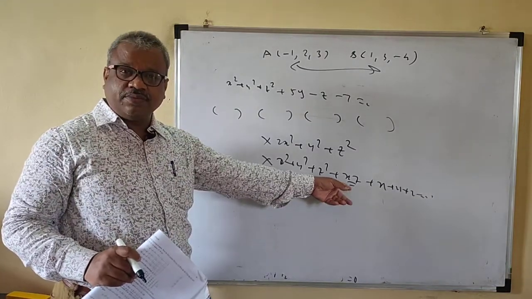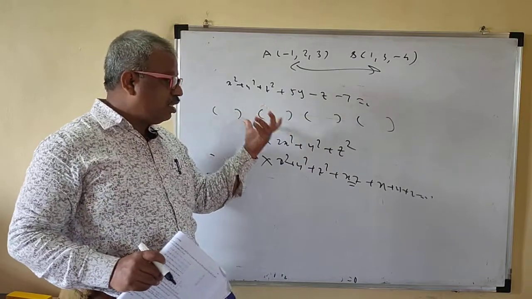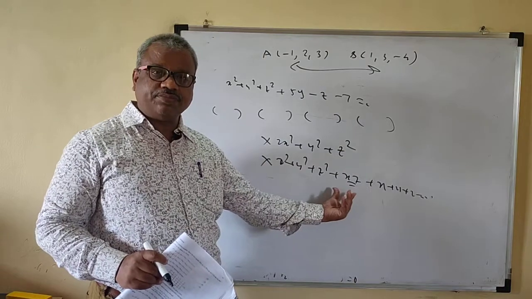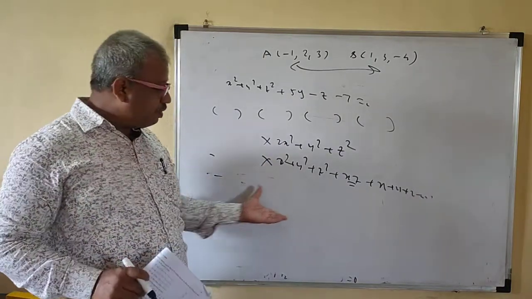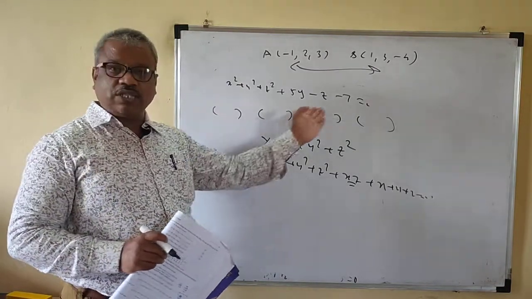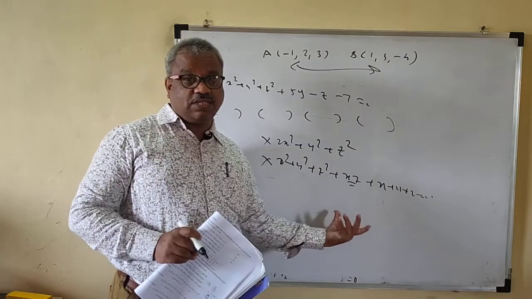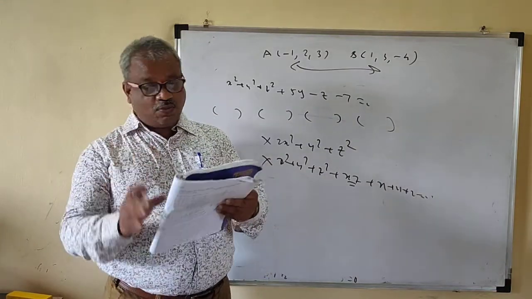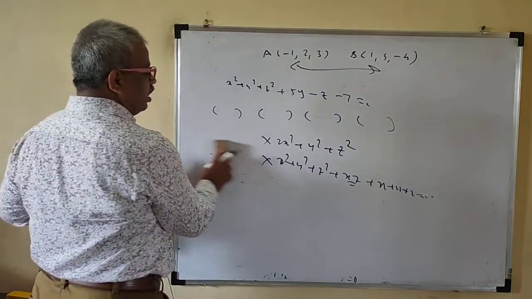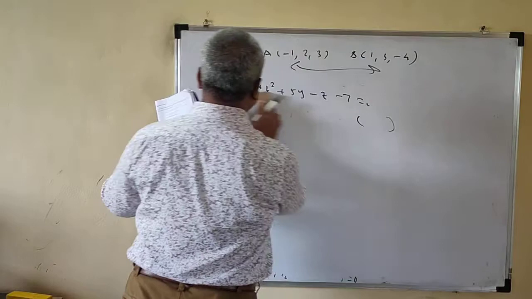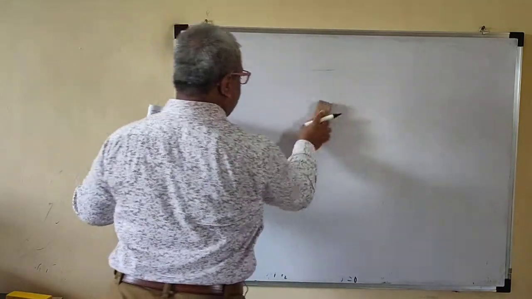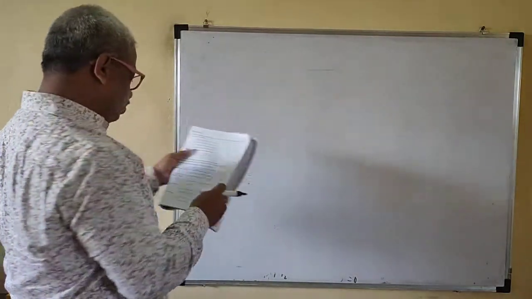The other equations may satisfy all the points, but they are not spheres because there is a product term. So there may be an option like this where only one is a sphere and the others are not. Be careful about that one also. For the equation of a sphere, there is only one option here because there is no hard and fast rule for how to check that. You have to choose the option which satisfies your points.